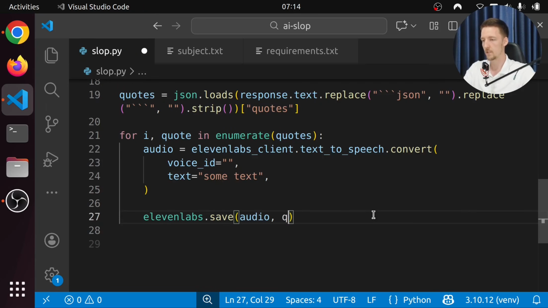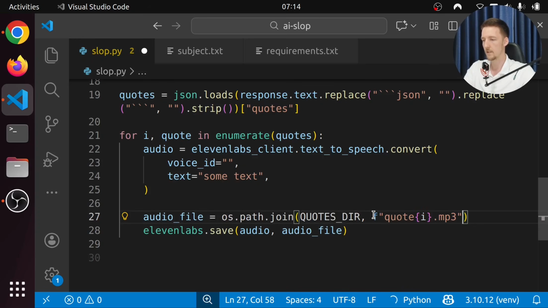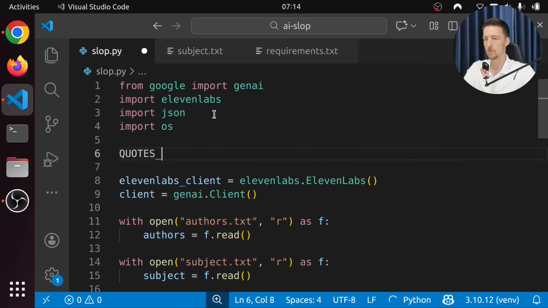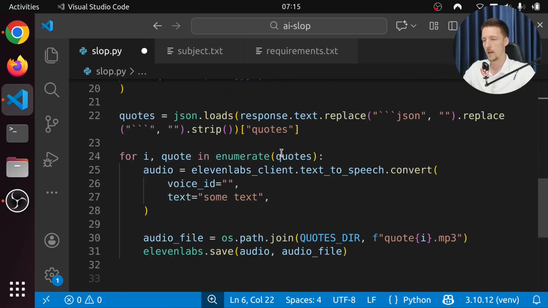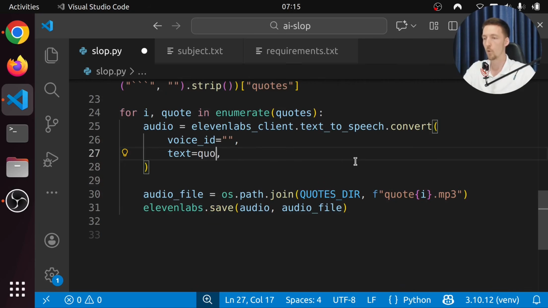So let's call this audio file, and audio file is going to be os path join quotes dir, and then this name. And let's import os, and then let's define this quotes dir. So import os, and let's say quotes dir is quotes, and we can then save it in there.